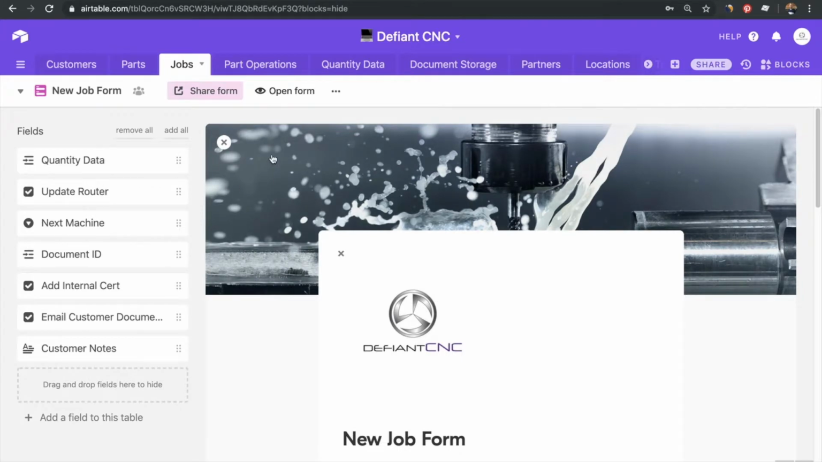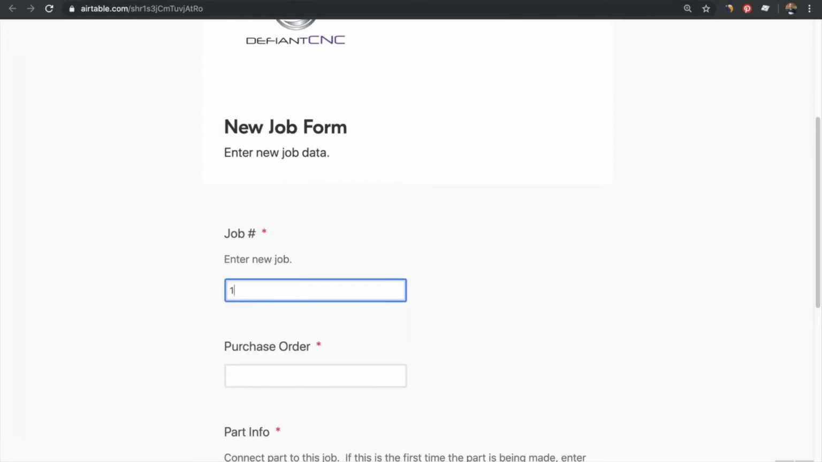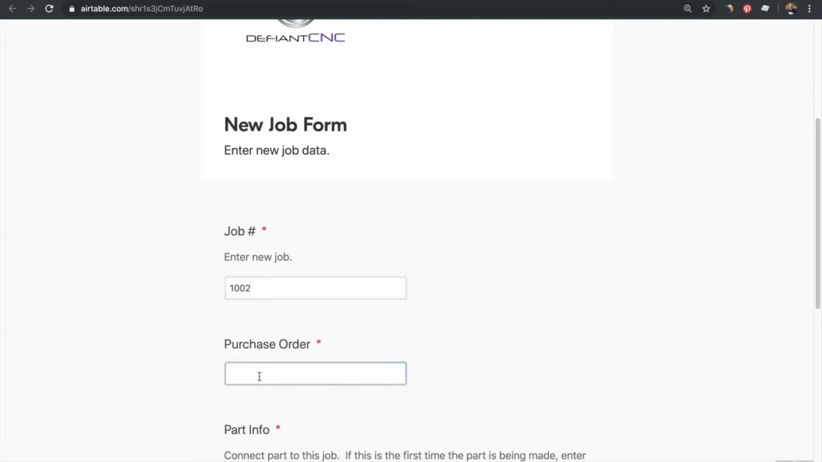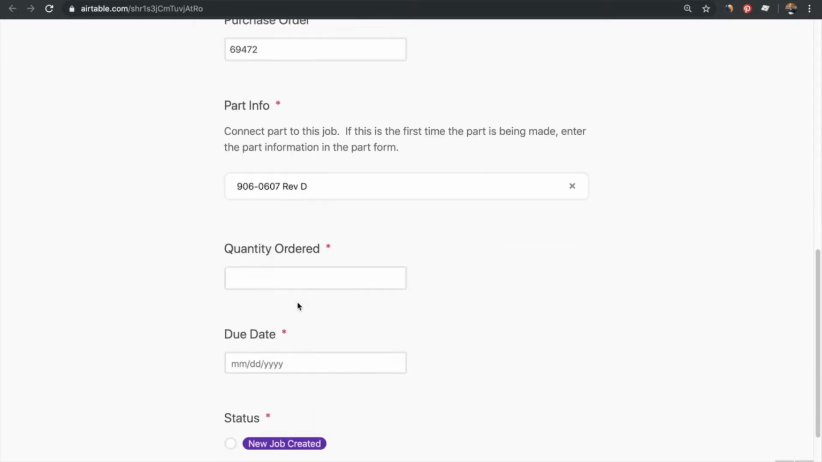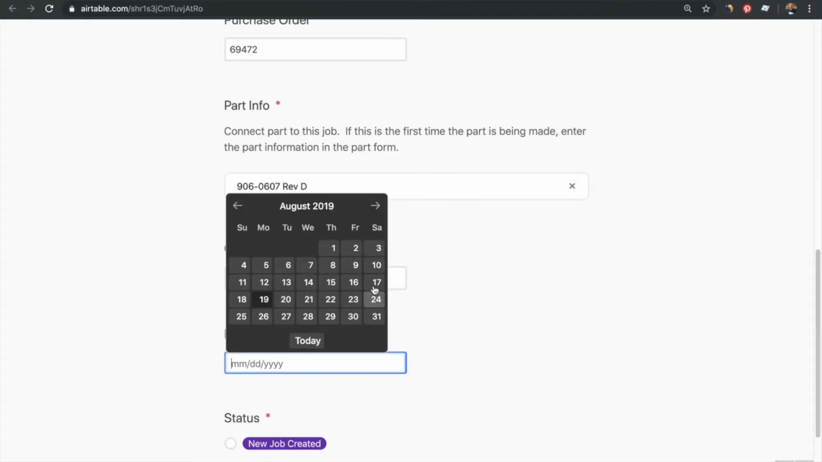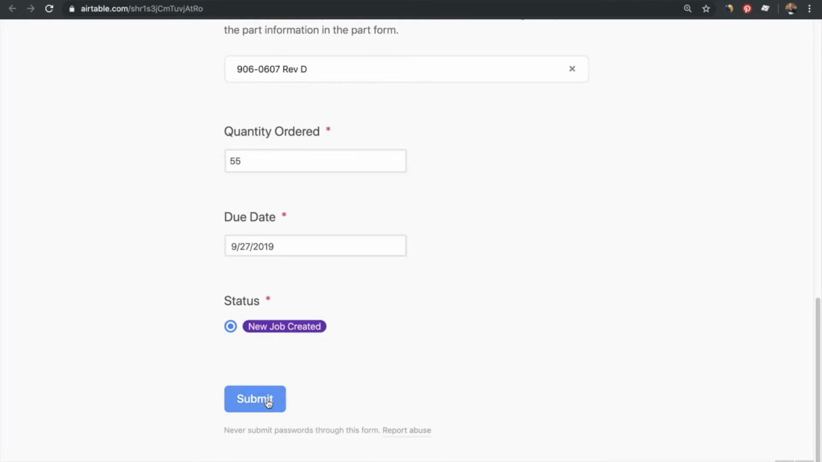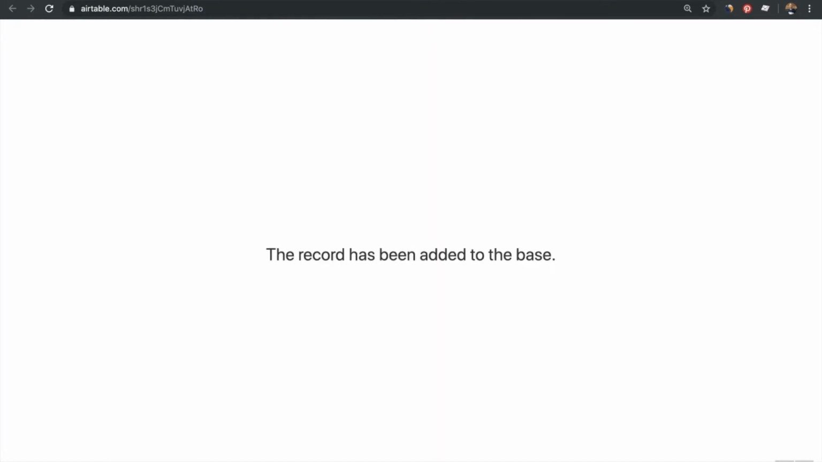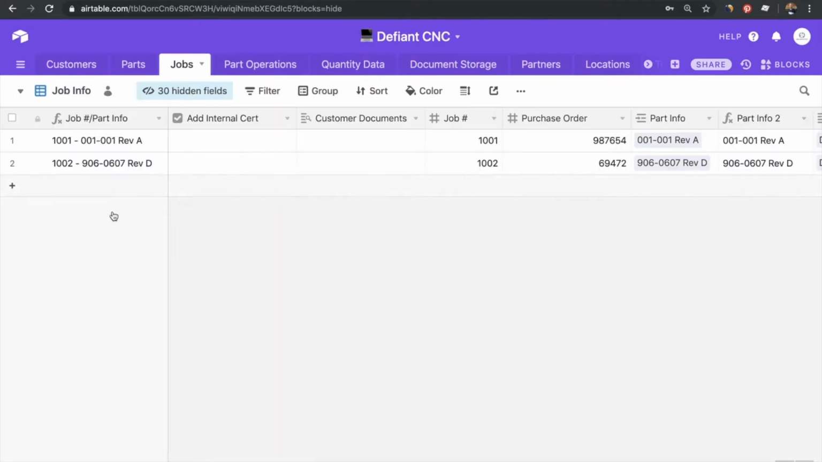Next, we'll have to create a new job and connect that part to this job. So similarly, we launch the job form. We give it a job number, a purchase order number. We connect it to the part that we entered first. Here we designate a quantity that we're going to machine for the customer. And finally, a due date for the part. If we go to our base and view the job info grid, we can see that our job has in